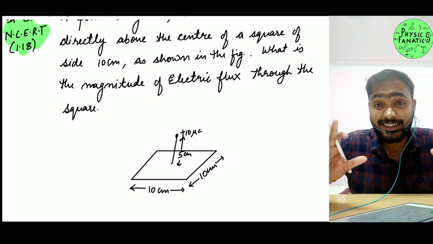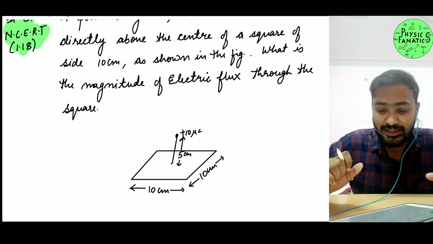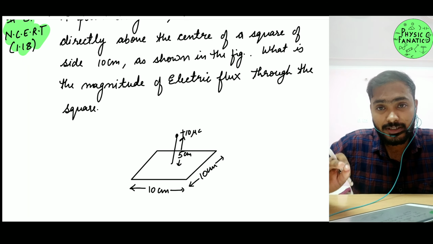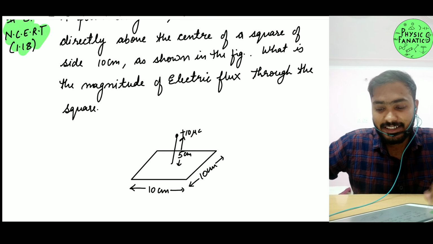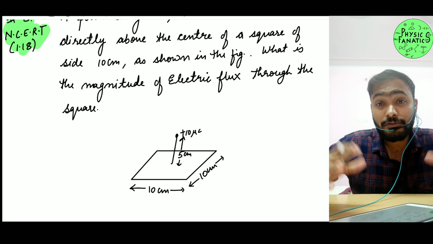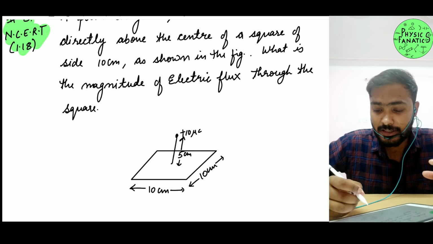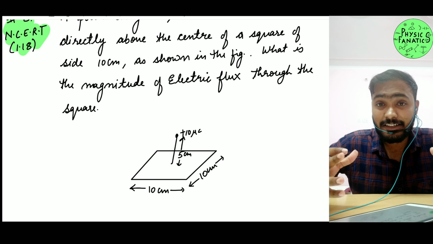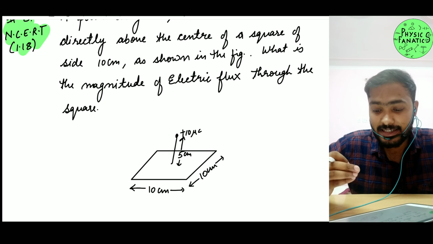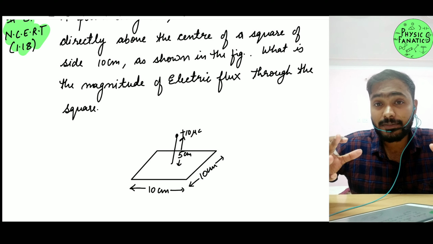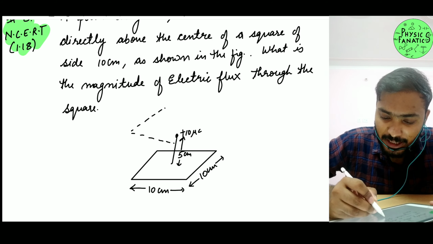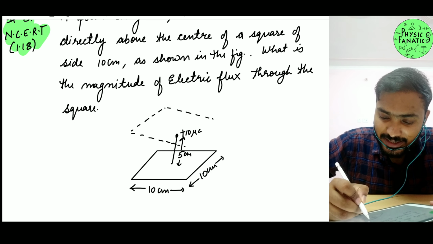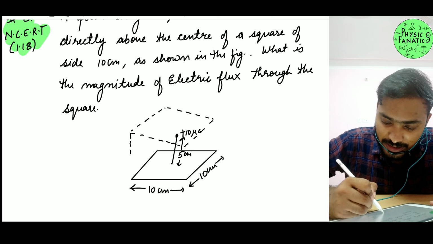So you guys can pause and do this question, right? See how to solve this kind of question. Basically a simple trick is being used here. Now what is the trick? The trick is that I have to assume the full square. I have to assume a 3D figure which encloses my 10 microcoulomb charge, right? So how can I imagine that? I can very nicely imagine a cube here. I hope you guys can agree with me. I'm actually imagining a cube here.